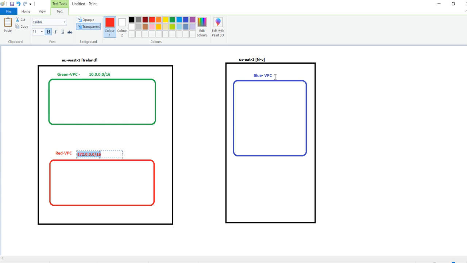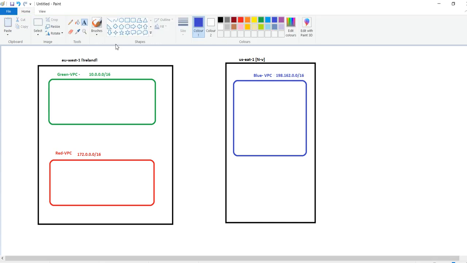And coming to the blue one, I'll give 198.162.0.0/16 as the CIDR range for that VPC.